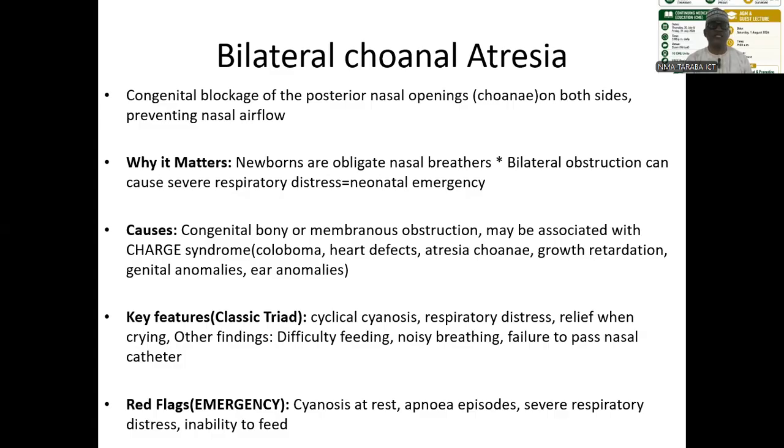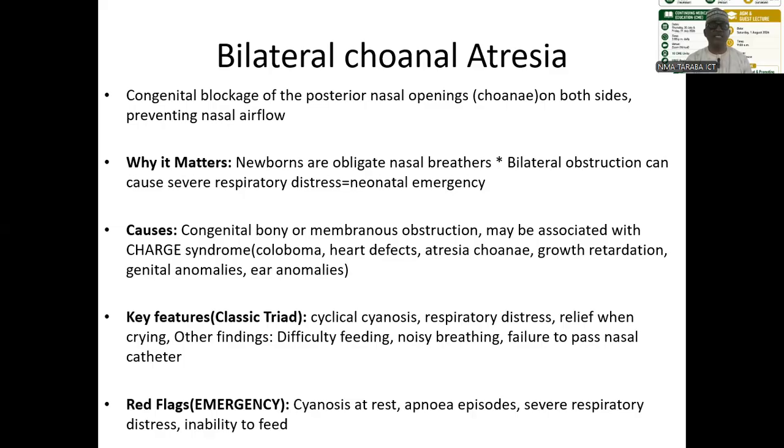The cause, it is actually associated with the CHARGE syndrome, where this patient presents with coloboma, also have associated features of coloboma, heart defect, atresia choanae, growth retardation, genital anomalies, and ear anomalies. So in examining these patients that you suspect choanal atresia, you need to examine all these structures to see the